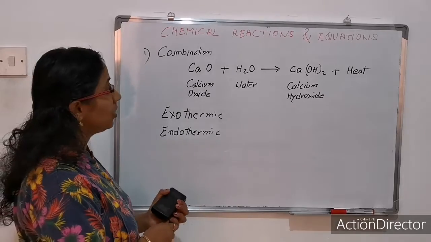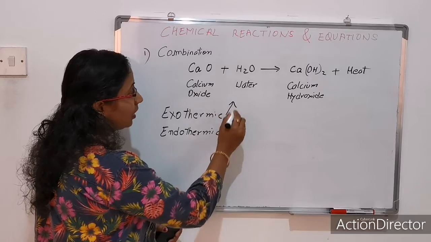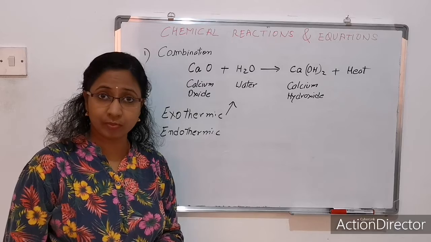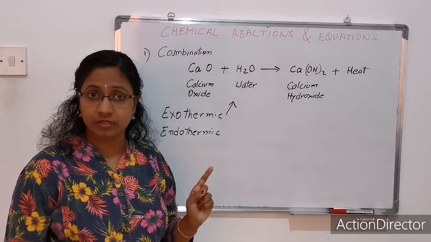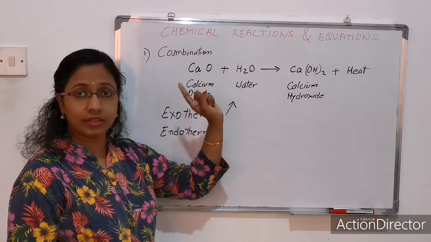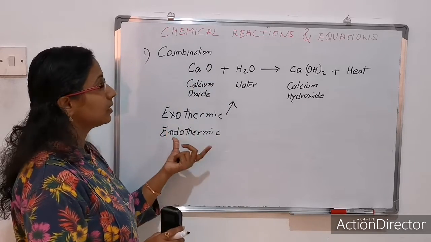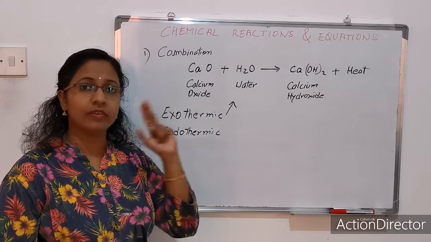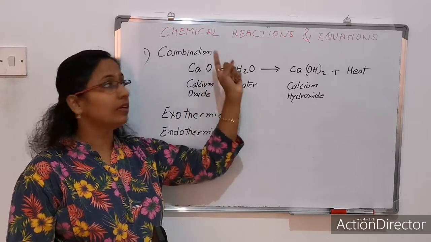Now this equation is also thus an example of an exothermic reaction, as on combination of CaO, that is calcium oxide, plus water gives you calcium hydroxide and heat. Okay, so this is an example of exothermic and also an example of combination. So whenever in an exam, you just learn this, so two things are solved. Okay, you have an example for two things. If they are asking an example of exothermic, you can write this, otherwise this.